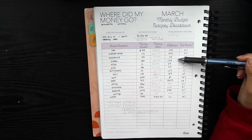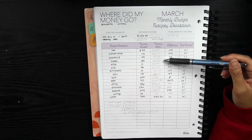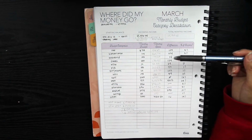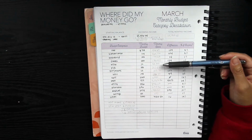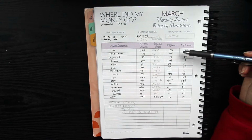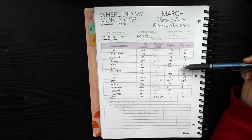And where else? My husband was under budget, but he was off of work for quite a bit, and he usually only spends money when he's at work because he likes to eat out for his lunch. And then I did go over by about $25, $30 here. And then our kids budget we went over as well. Let me just take a look at the percentages here. So